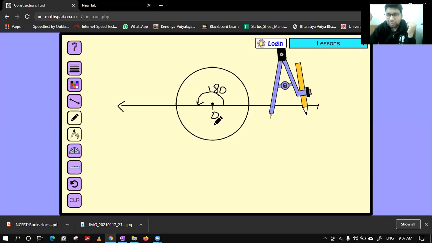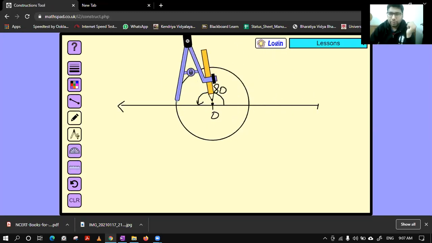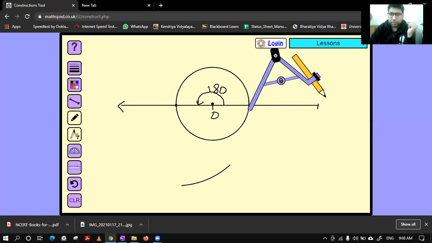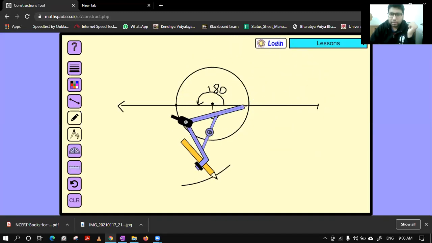We want to find the 90 degree on the lower side. How to find that? Same procedure. Keep the compass on this point. Take an arc like this. Keep the compass on this point. Take an arc like this and join using this tool, and you have obtained what you wanted, that is a 90 degree angle. Further you have found. So now this is complete. How much? 270